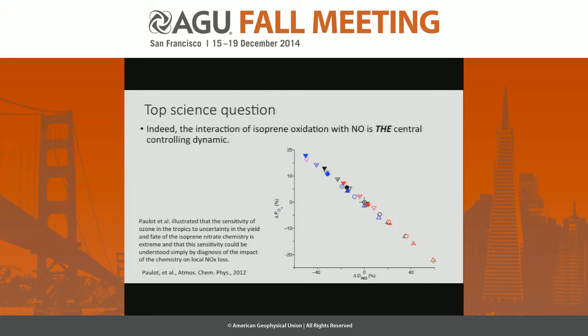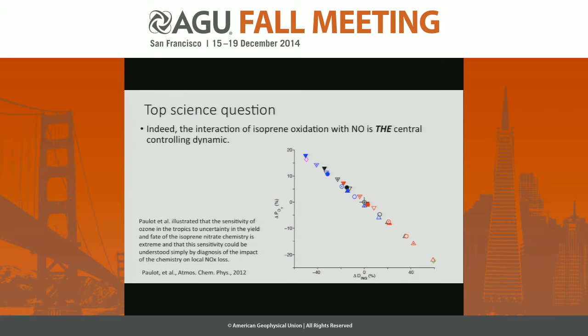Okay, so in Fabien's paper, we did this other experiment where we varied what we thought we knew about the formation and loss of these alkyl nitrates. And that's what's shown on the x-axis here. That is the change in the nitrogen oxide concentrations here from -40 to 40. Very large effect by just changing how you deal with that chemistry in a model. And then this is the effect on ozone production. And what I hope you can see is that this chemistry, first of all, can have a very large change in the ozone production, but also that it really is the dominant question for isoprene chemistry. It really is what happens to these nitrates.